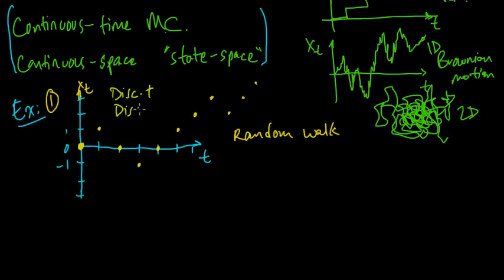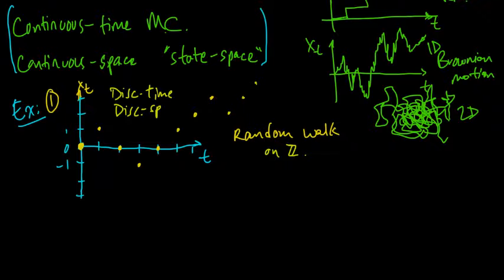And then I gave you an example of a discrete time, discrete space Markov chain. This was just a random walk on the integers, a random walk on Z. We increased with probability 1/2 and we decreased with probability 1/2. So this will be one sample, and you could have another sample and so on.